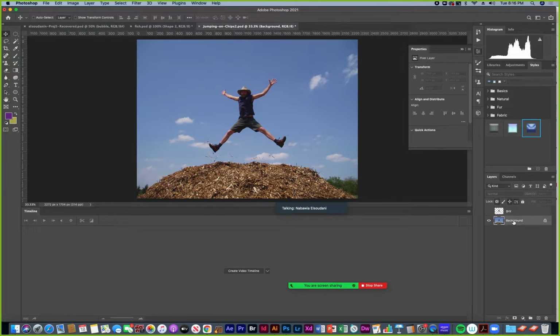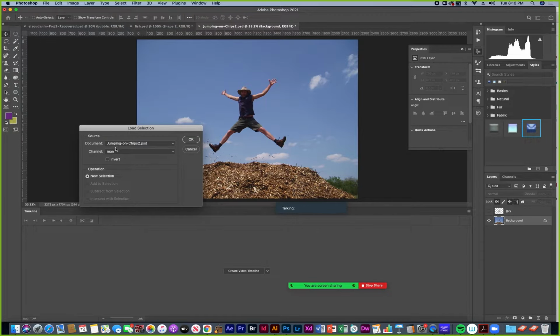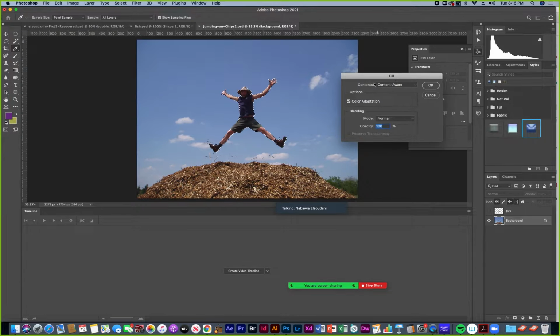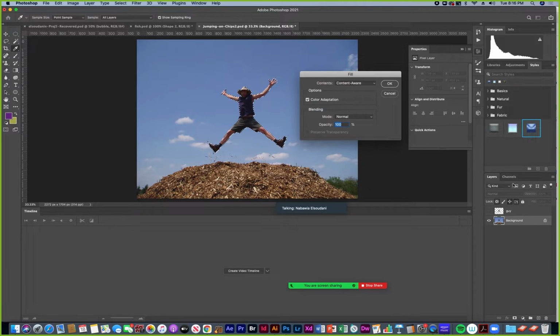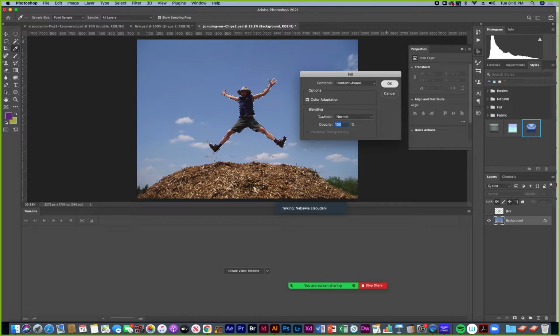And then I'm going to click back on the background and load the selection again. Go to select, load selection, and choose my selection that I have saved ahead of time called man. And this time I want to just delete what's inside of the selection so that the guy can be animated in front of a clear sky background. So I'm going to press delete, and I'm going to have the fill options come up because I'm deleting from the locked background layer. It's going to ask if I want to use content aware, which I do. So I say okay.